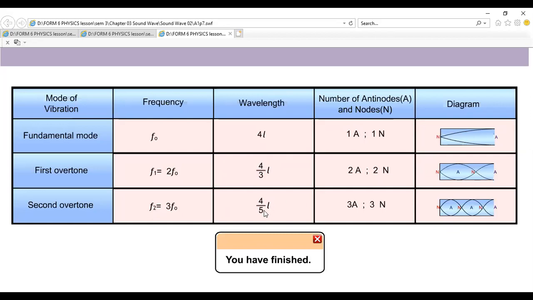As we know, V is equal to F lambda, so frequency is equal to V over lambda. From here, as we know lambda is equal to 4L, that means frequency is V over 4L. So this will be the fundamental frequency. Because it's inversely proportional, the shorter the wavelength,